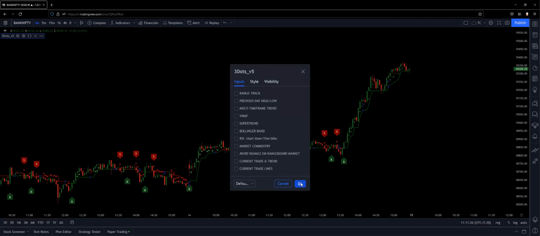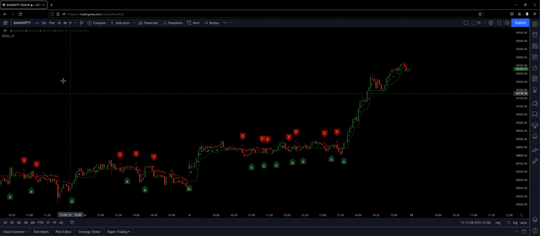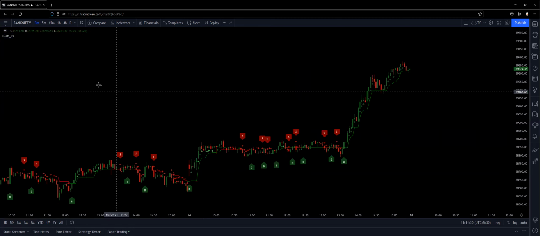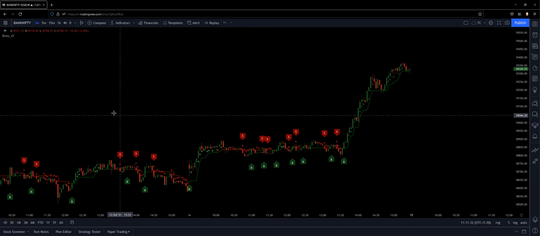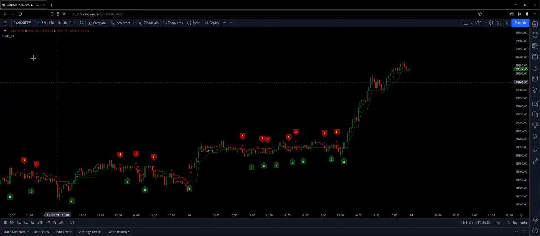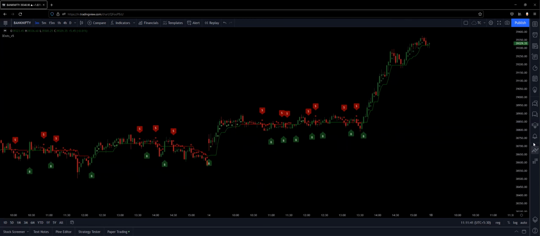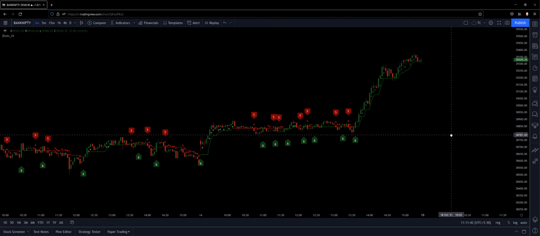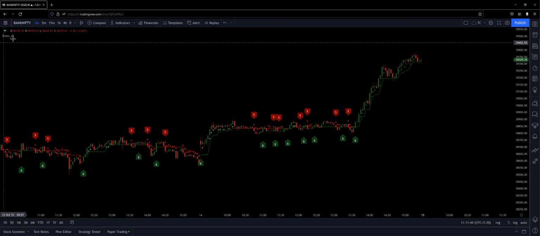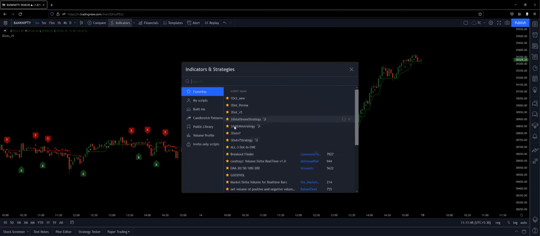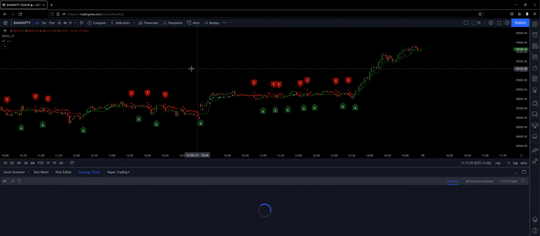Let me quickly show you something interesting. Probably many of you guys were asking for it, and I'll just go through it. So basically, this is a 3 minute chart. I have done some back testing, and I just want to showcase that for you. Okay. Let me add, and where is the strategy? Okay. So this is the strategy.